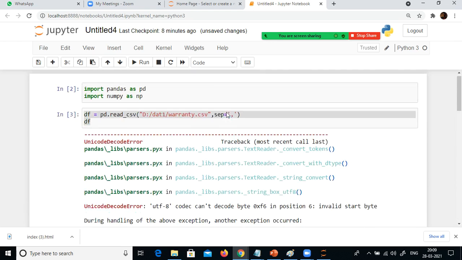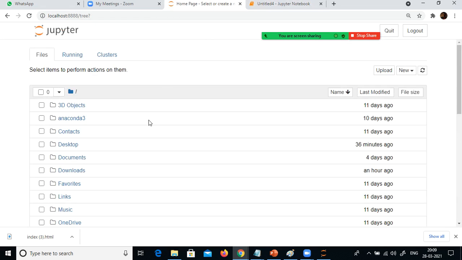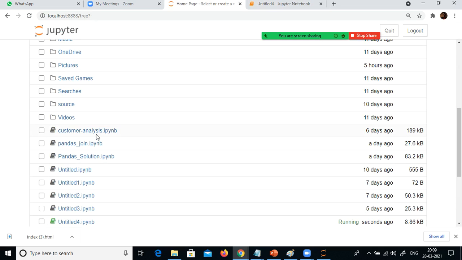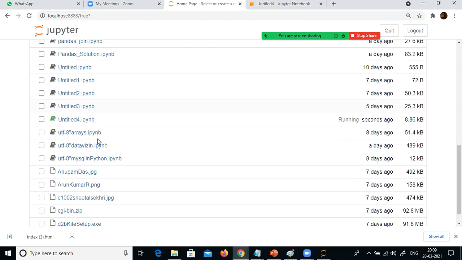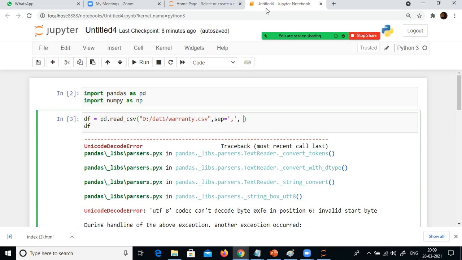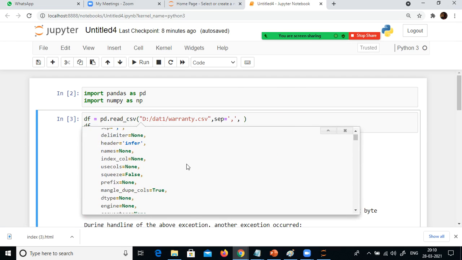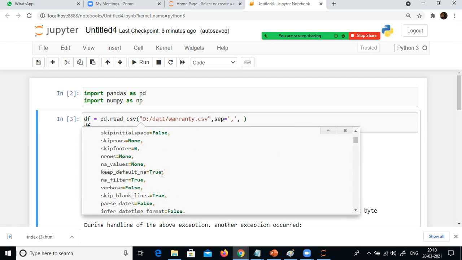UTF-8. Okay, so this is one problem. Here I have to specify the encoding. One second, I just used the previous one. Or else we can do one thing, shift tab, to see the syntax part.